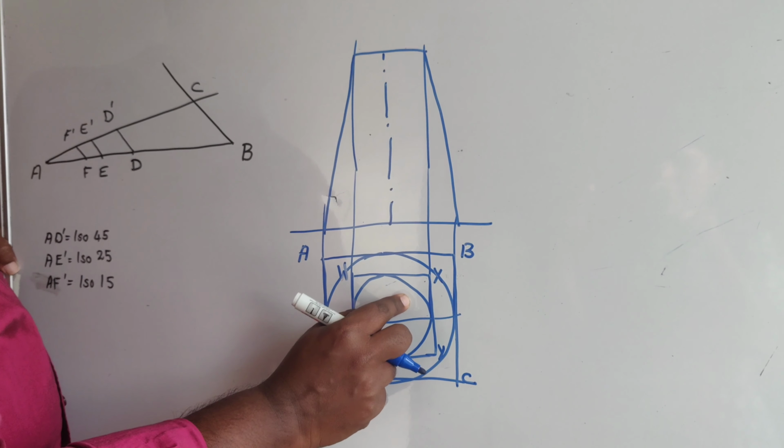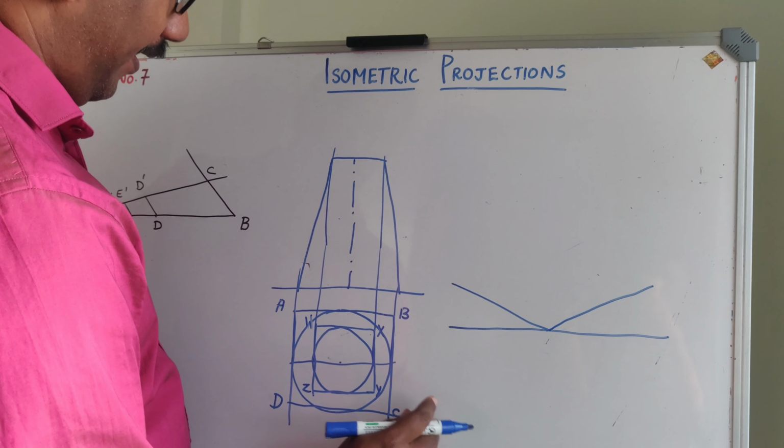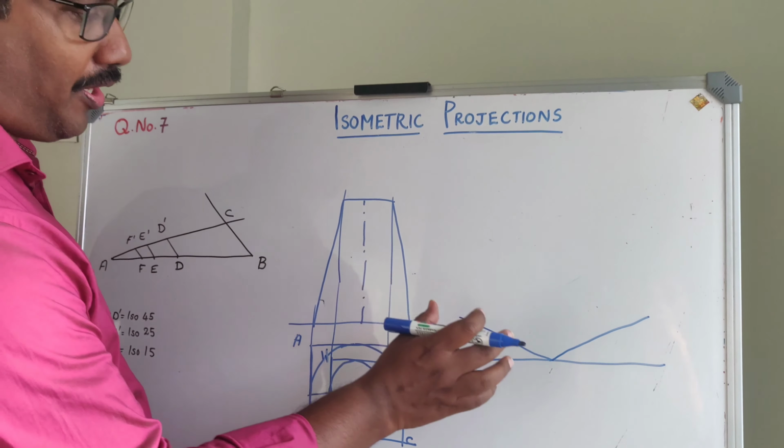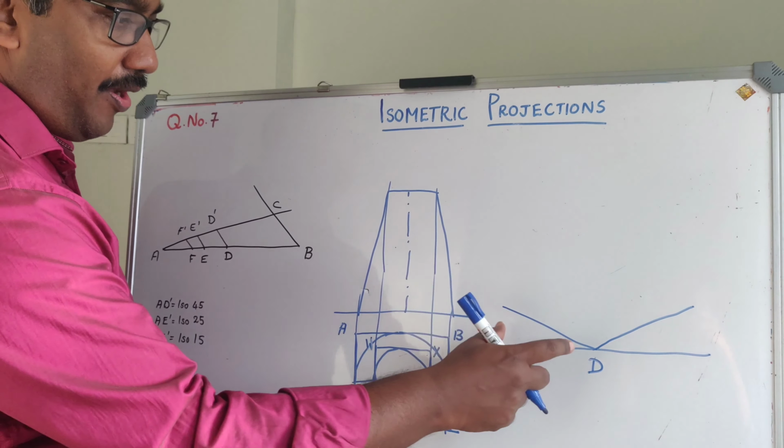Next is to draw the isometric projection. As usual, you can have the horizontal line and the lines which are inclined at 30 degrees, which is taken as the horizontal isometric plane. Now, first we have to draw the bottom base. The bottom base is within the square A, B, C and D. So I will start with D. From D to A, I know this much length. Based on the isometric length of 25 as radius, you have drawn this circle. So the corresponding square you are getting here.